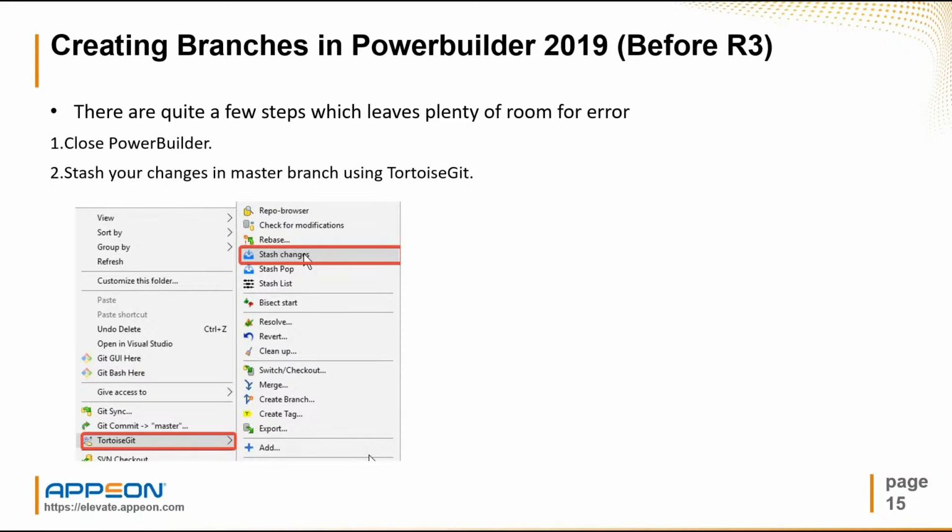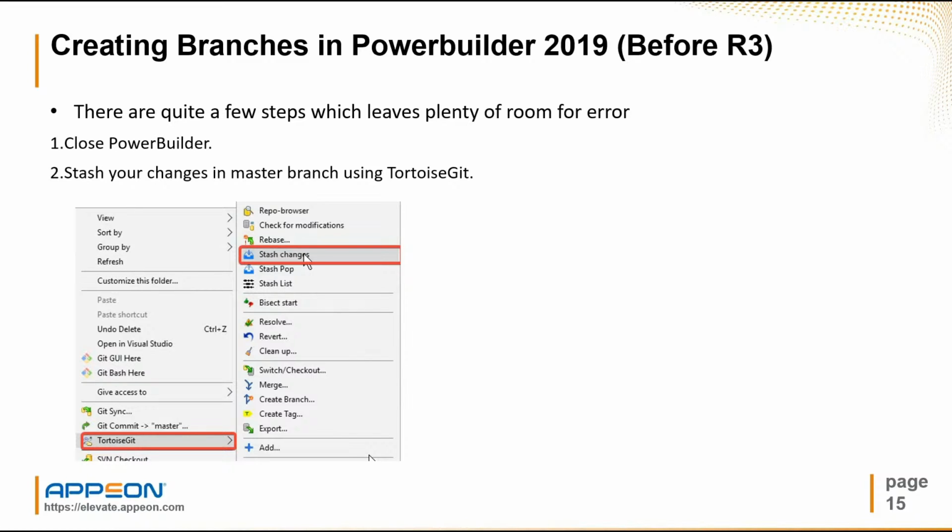So first of all, close PowerBuilder, because some of these changes are going to affect PowerBuilder, and all of this is going to happen outside of PowerBuilder. This is a workaround, and we're going to be using Tortoise Git. So some of the pictures you see are going to be Tortoise Git in order to perform this workaround